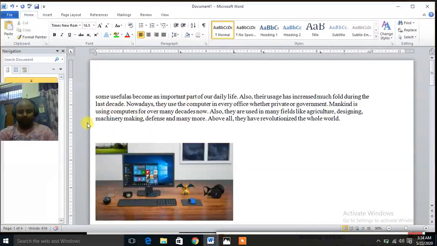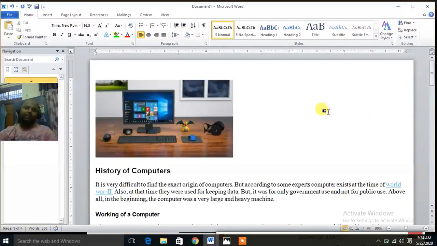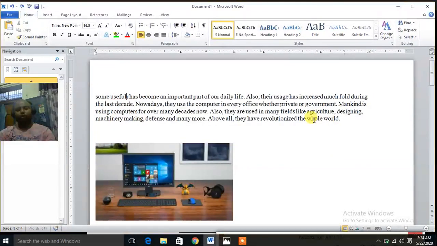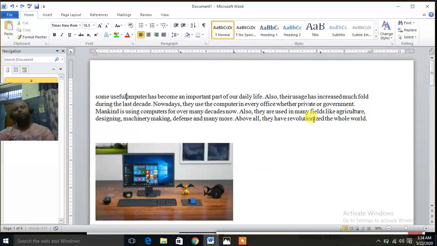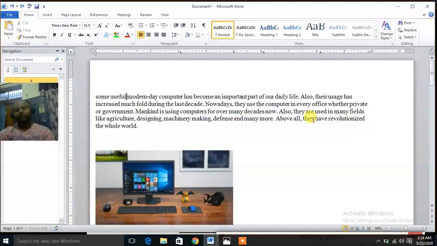Or you can select the text simply and press the delete button. So this is the way how to delete your text. Select it simply, use the backspace key or delete button and delete your text.